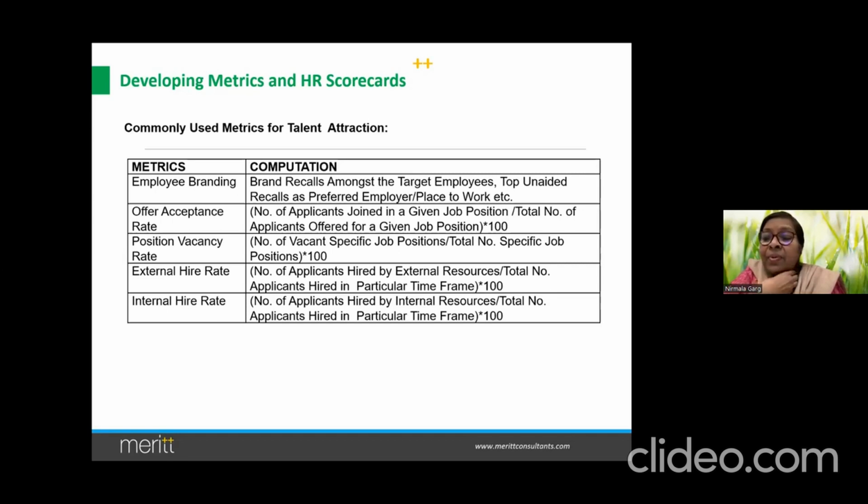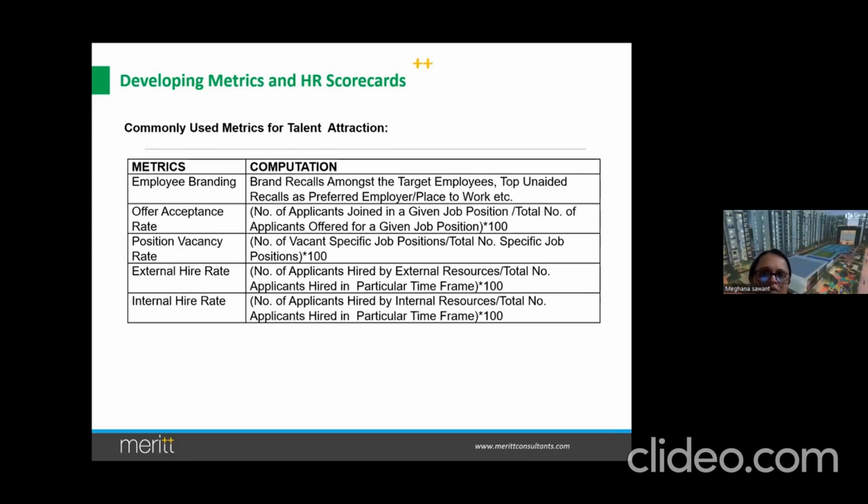Say, for example, you have given out 500 offers, and only 20% of the people are accepting them. What does it mean? That people really don't want it. And out of those accepting, only 5% have come to join. Oh my God, then you can imagine what kind of reputation this brand has.